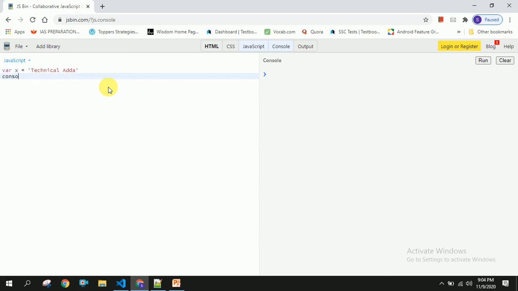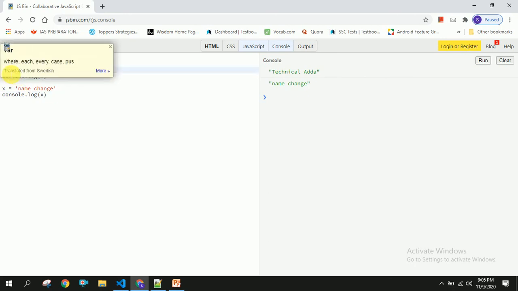And I'm going to log this. Now I'm going to change this and log this again. Once I run this, you will be able to see both names here that we have logged. So we created the variable with var, and I'm changing this, it got changed.